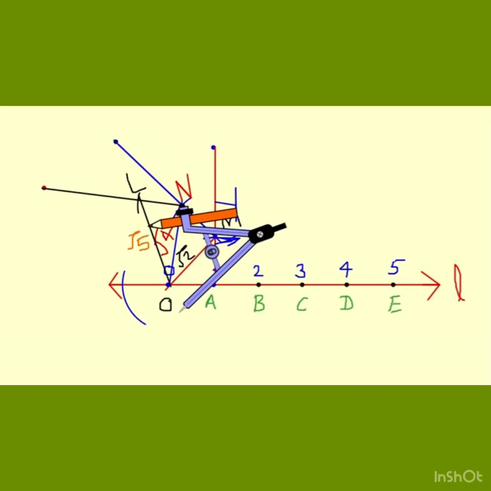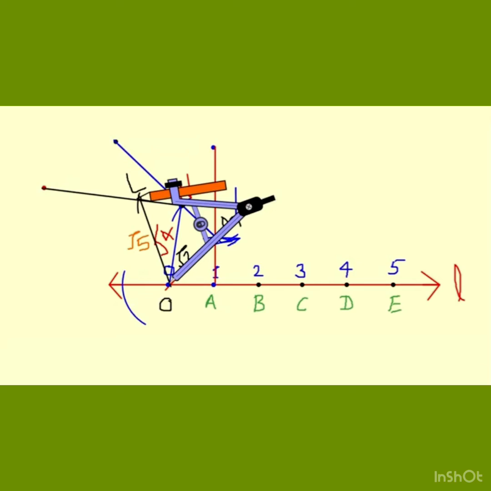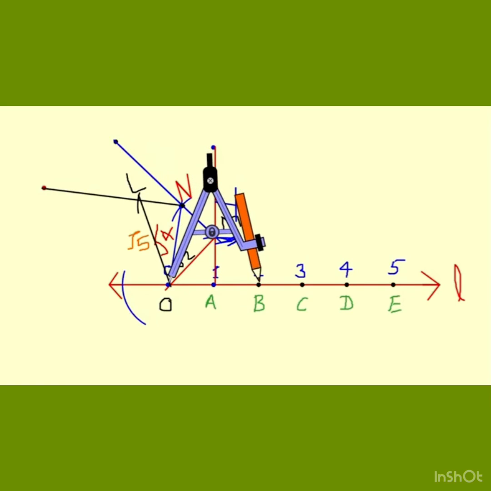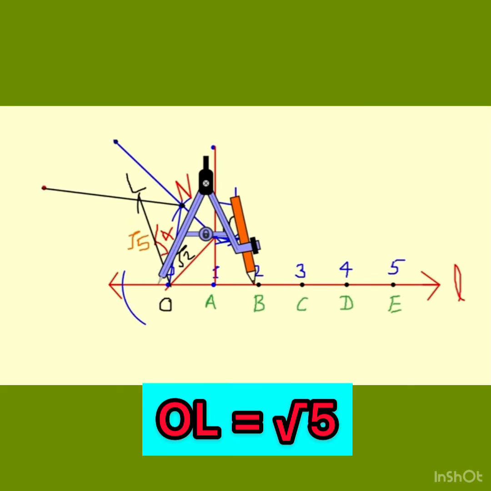OL को आप मेजर करेंगे और OL को मेजर करने के बाद now you will mark an arc placing the compass at O at this नंबर लाइन। नंबर लाइन पर अब आप इसको मार्क करेंगे। सो यू विल गेट जस्ट लाइक दैट हियर।